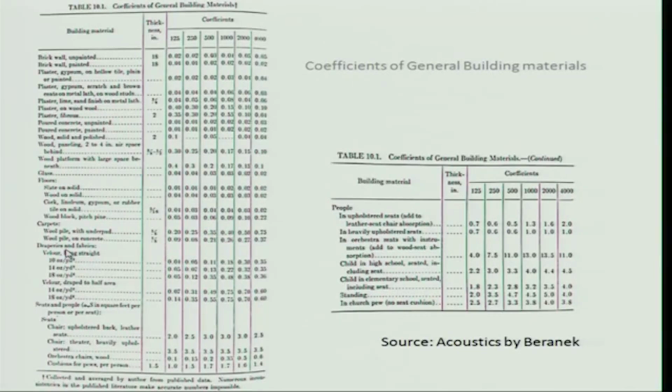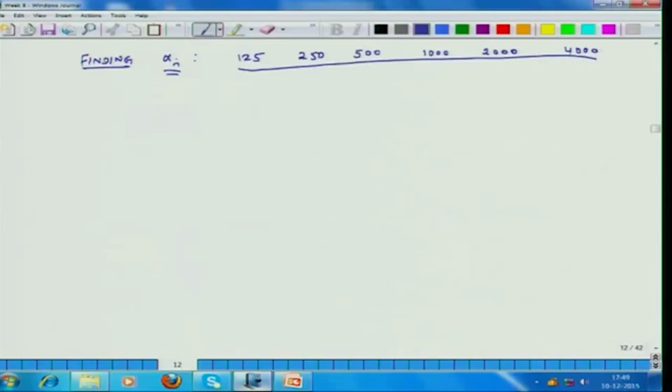If you have curtains, you have draperies and different types of draperies, so they are also mentioned here. If you have a wooden floor, it could be solid and polished or it could be a panel, so again their absorption coefficients are listed here. If you have a plastered wall, then again you have values. The point is that there are all sorts of materials which are used to make rooms. If you have glass, then this is the absorption coefficient. So using this table,